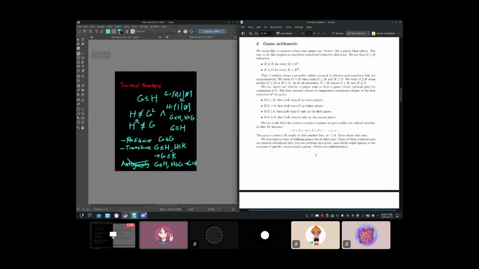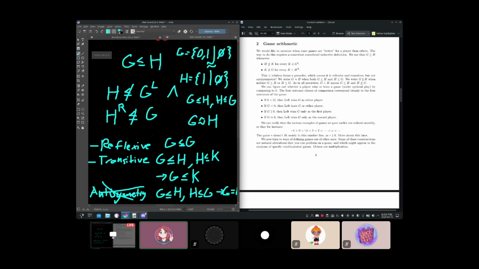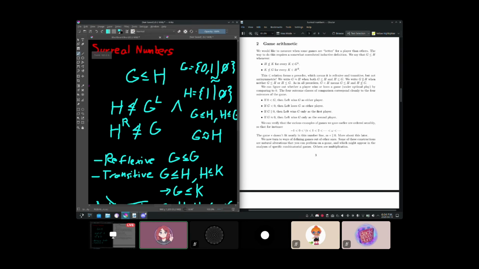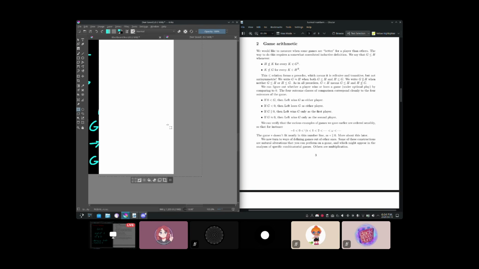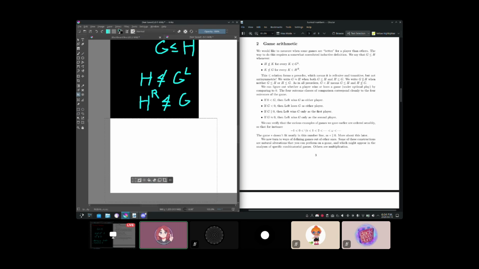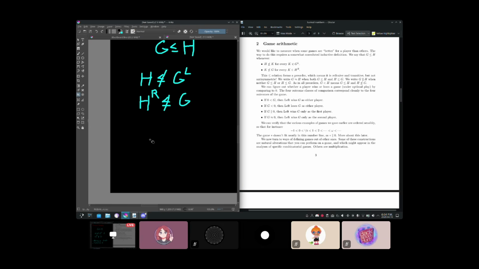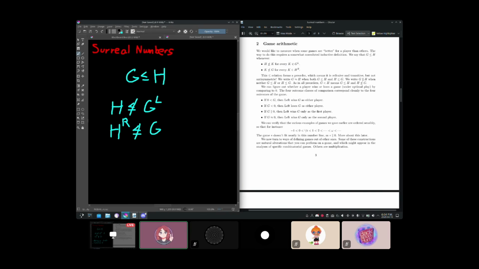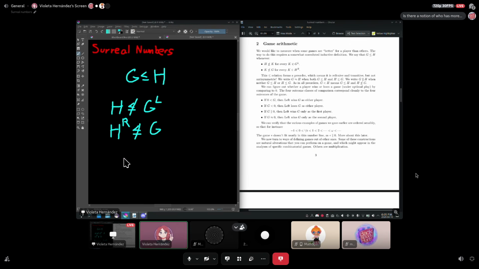So let me now try to explain where this very weird less or equal relation comes from. The idea informally is that, wait, let me delete all of this. There's going to be someone screaming at me in the comments, no, you were supposed to use this keybind, you should just have made the background color black. And they're probably right, but I don't know how to do these things. I downloaded this software literally yesterday.